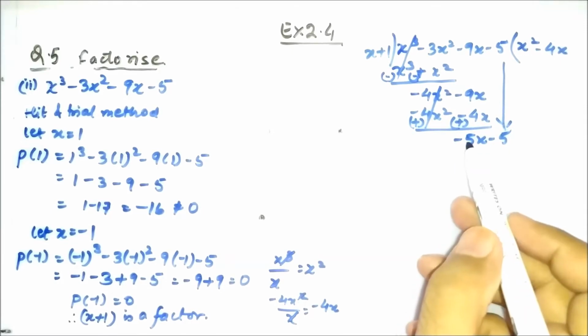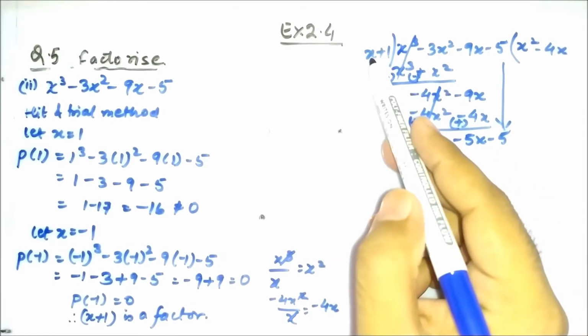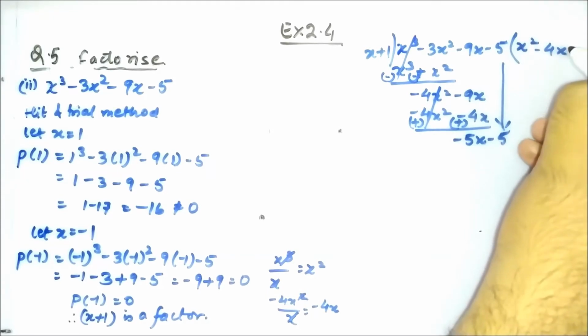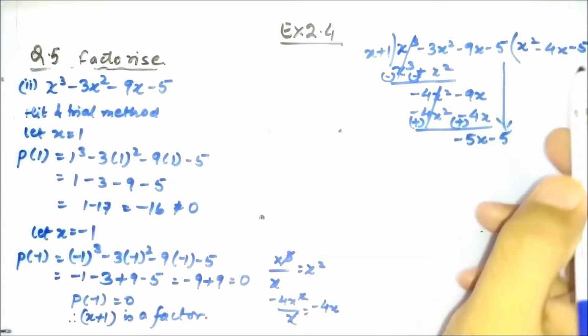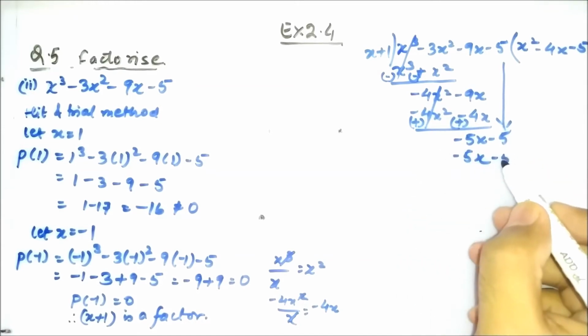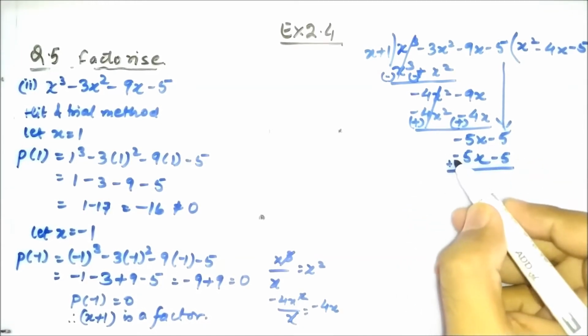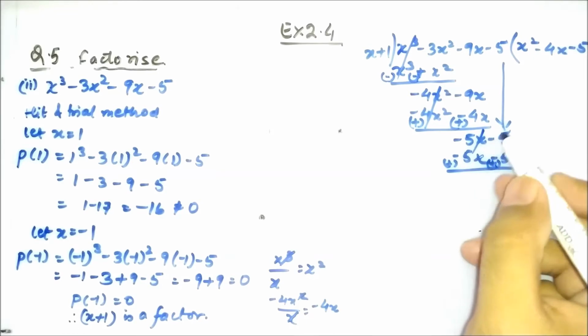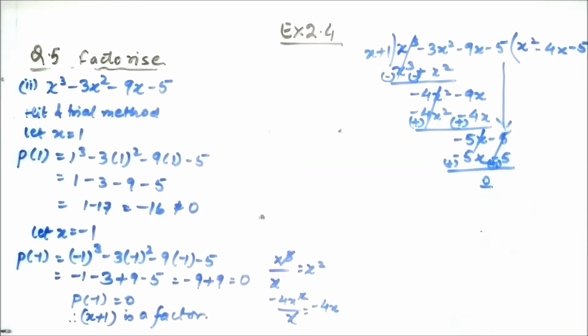Now the first term is minus 5x and here the first term is x. When you divide, you will get minus 5 here. Minus 5 into x gives minus 5x. Minus 5 into plus 1 gives minus 5. When you solve, you will change the sign, this will get cancelled and you will get the remainder as 0. Now the remainder has to be 0 because we know that x plus 1 is a factor of this polynomial. If any linear polynomial is a factor, then the remainder has to be 0. Now using the division algorithm.